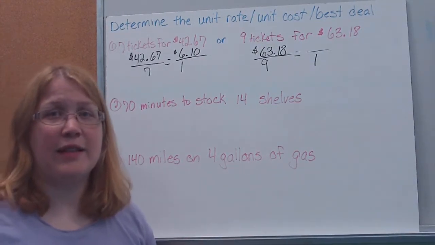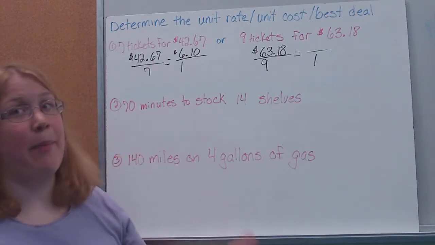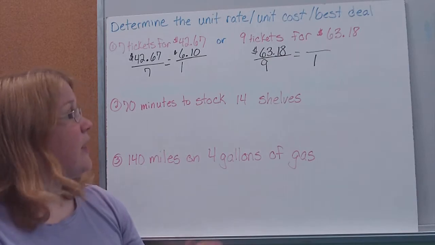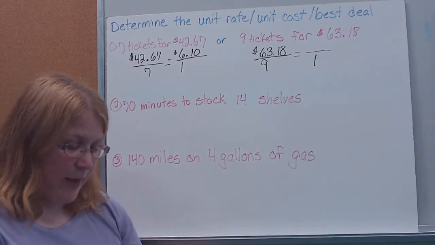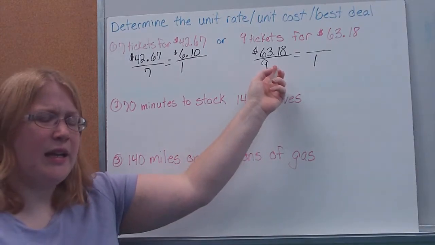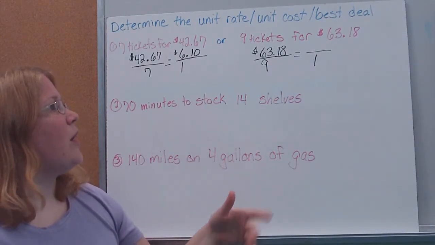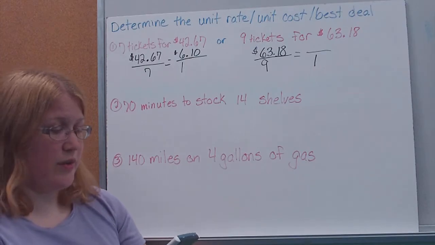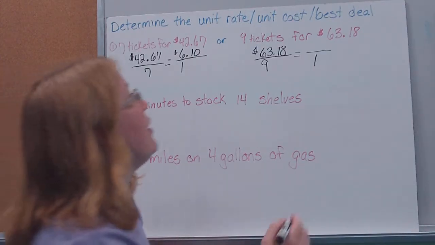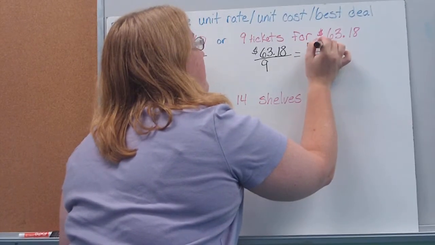Because obviously that's going to be a fraction of the ticket, and we can't buy parts of a ticket. So to reduce 9 to 1, I need to divide by 9, which means I also need to divide 63.18 by 9 as well, which again I'm going to use my calculator. This one comes out even